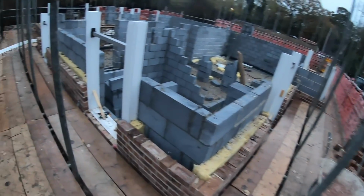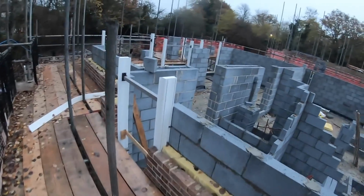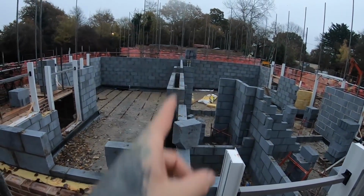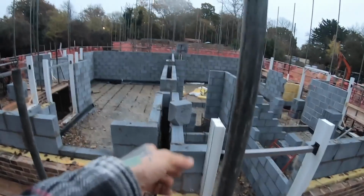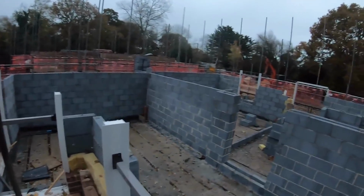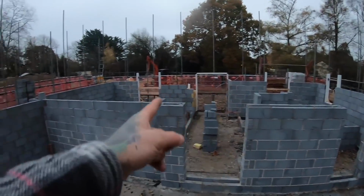Right, this is our next plot. It's all brickwork, but it does the same again. It's got a certain height to get to, and then obviously you can see the cavity wall here. The house comes round this corner and then up to there, and then comes right over onto here like this. So it turns into this shaped house,